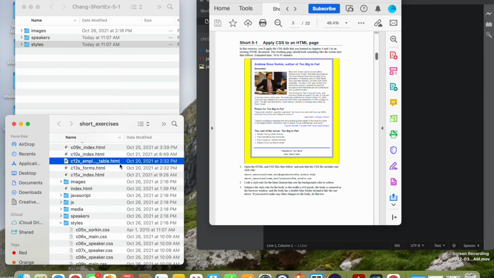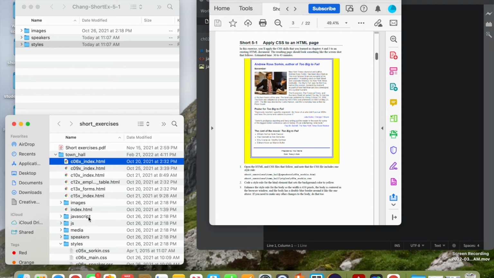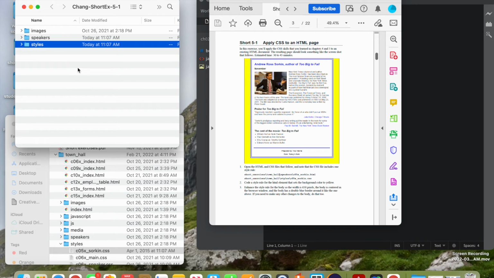Some of you are taking this whole folder and zipping it and then sending it to me. And then I have to go search to see, well, gee, are they working on this one or are they working on one down here? So if you can do this, it also helps you stay on track so you know which ones you're working on. Especially in module 2, we had an exercise from chapter 5, one from chapter 6, and so forth. So that way you can keep it all contained the way that it should be, and you know the files that you're working on. And that way you don't break any links,